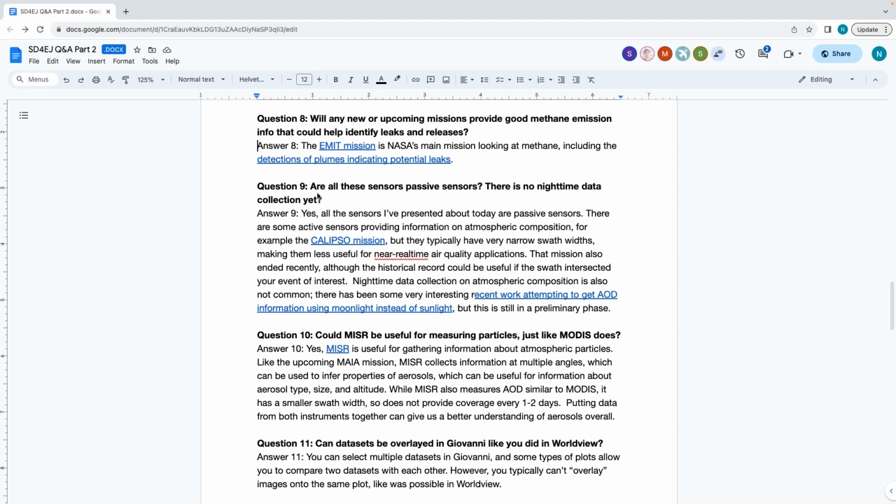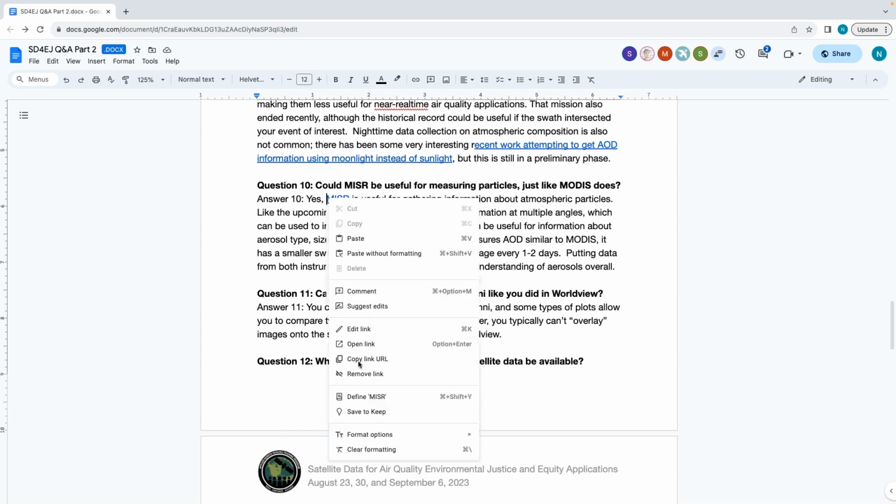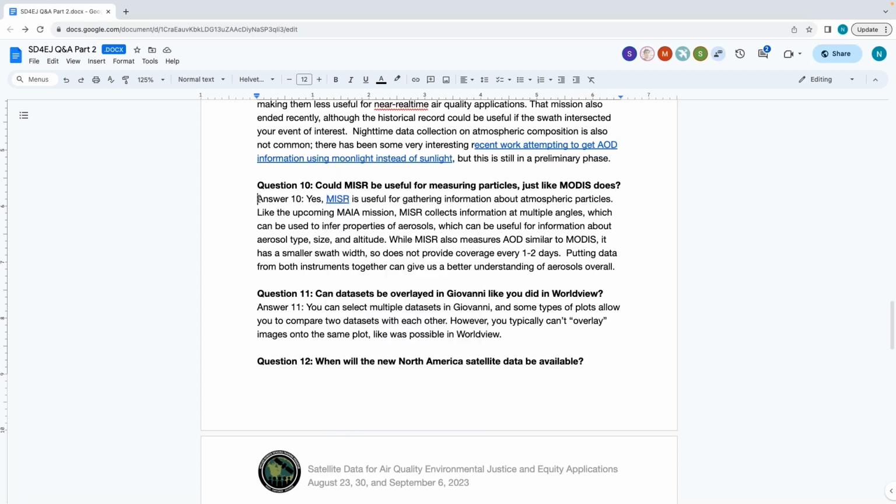Question 10, could MISR be useful for measuring particles, just like the MODIS? Yes, so MISR is another multi-angle imager. So it's useful more for getting information about the properties of atmospheric particles. So I mentioned the Maya mission, which is going to use multiple angle images to get information about the different